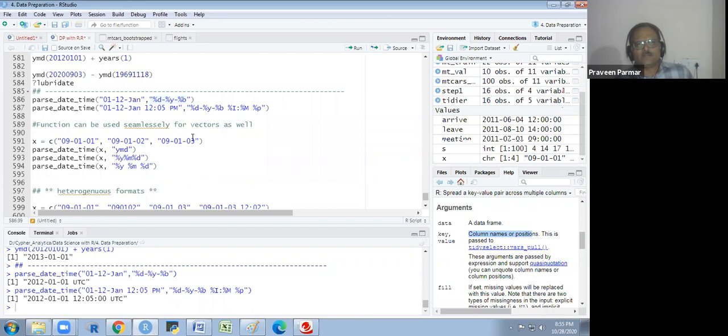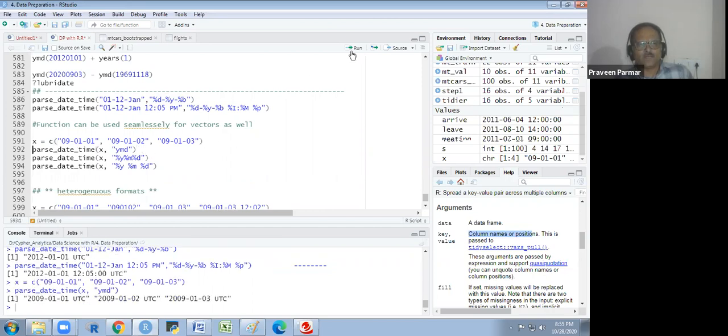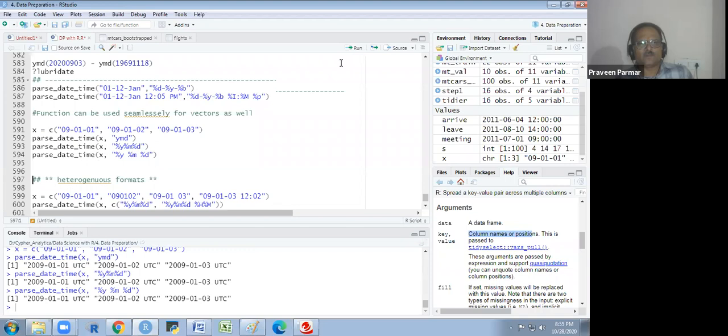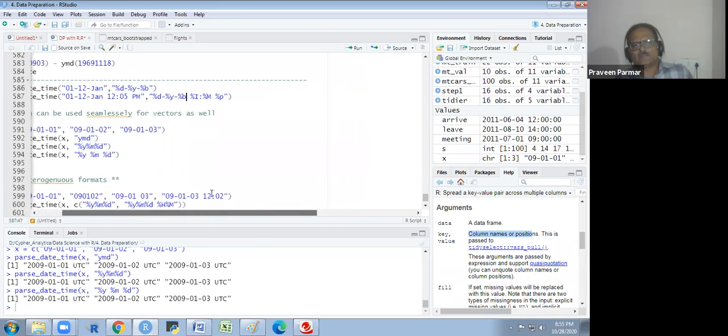You see, for the vectors also we could use this function. Okay, YMD. If I run this, I'm getting this, and if I use it in this way, I'm getting the same. There is no difference. If I write this in code, YMD only, I'm getting it, because this is a YMD format. So I could apply it, but if it is in a different format, then we have to follow that one. But there is a hyphen in between, and here, it is not Python, there is a colon in the timing.